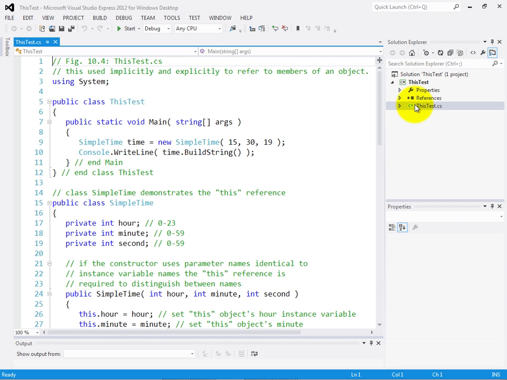Now, for the purpose of this example, we have two classes that are in the same file. We have the class called thisTest, which simply contains main and creates an object of another class called simpletime, which we're going to define down below here. Notice that even though the classes are defined in the same file, simpletime does not have to be defined in the file before thisTest, and that's because the C# compiler scans through the entire file looking for all of the classes that are defined, and therefore knows that simpletime exists even when it's defined after line 9 in the source